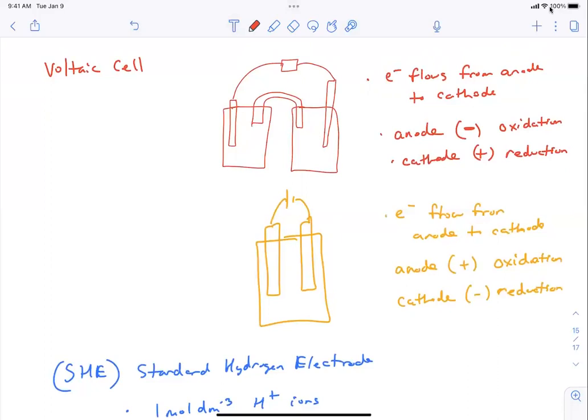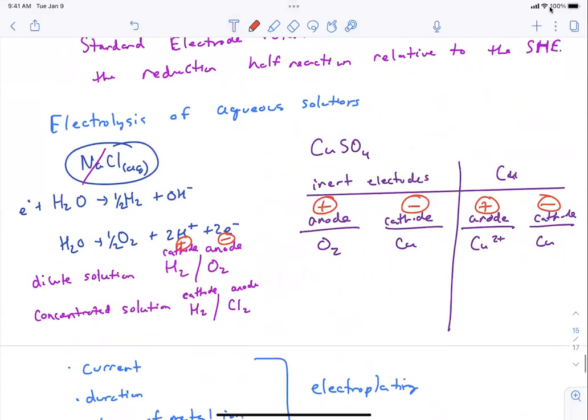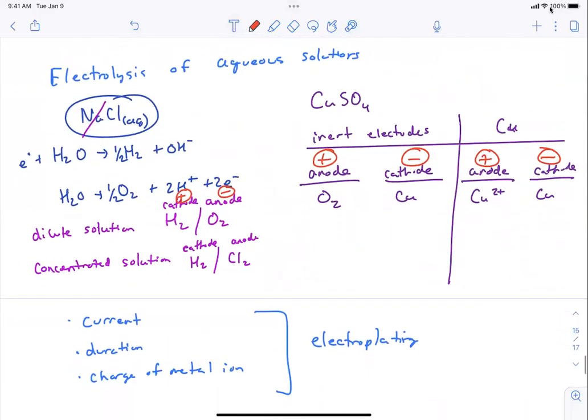Yeah. Okay, higher level: standard hydrogen electrode. Know the characteristics of the SHE. Know that the electrode potentials in your data booklet are relative to the SHE itself. Electrolysis of aqueous solutions. Okay, don't forget, NaCl is tricky because depending on the concentration, you'll have O2 or Cl2